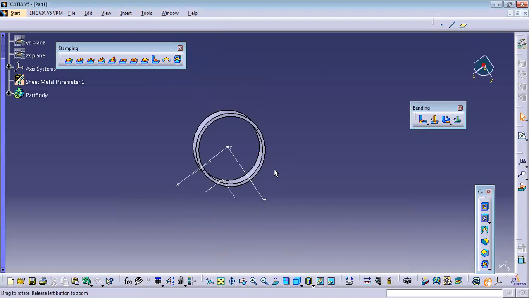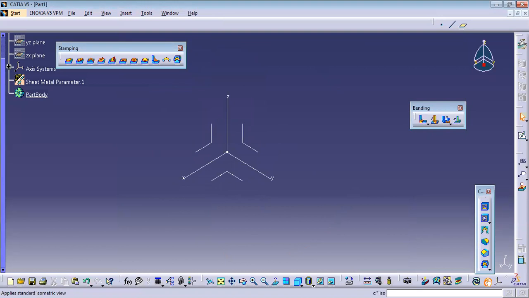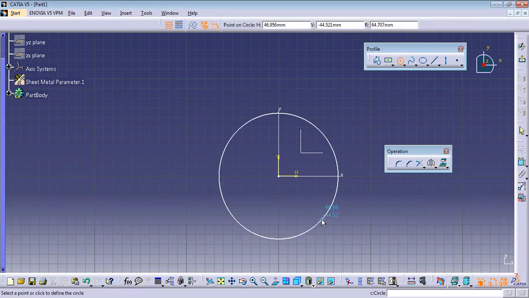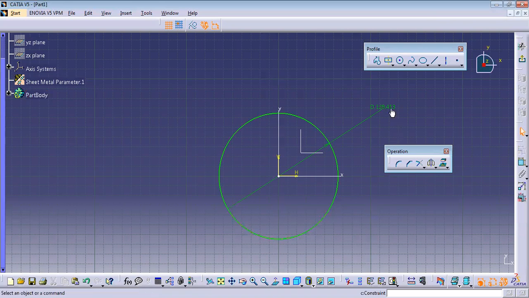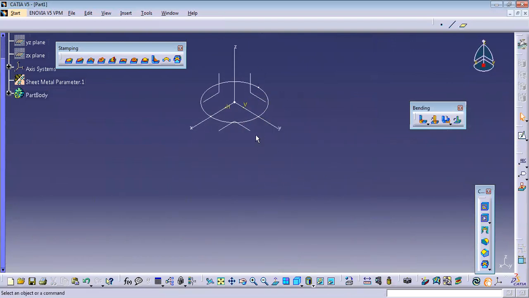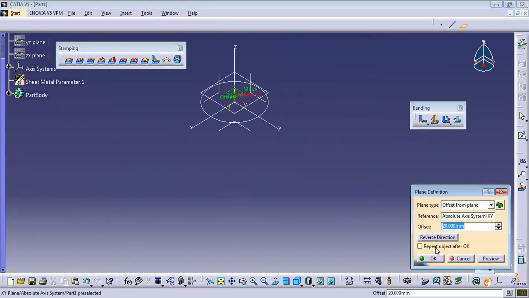Now to create a hopper. A hopper is something you have seen in those grinding machines, the atta grinding machines. The upper conical part is called a hopper. To create that, first of all I'll create a circle which will be my bigger diameter. I'll go with some 125 diameter. I'll say exit. Now to create that smaller portion, I have to assign the distance to this. To assign the distance, I'll go with the plane and select this. So I'll say reverse direction.